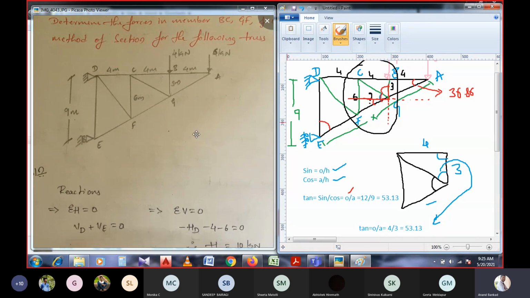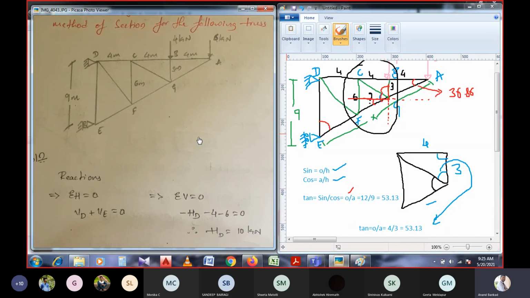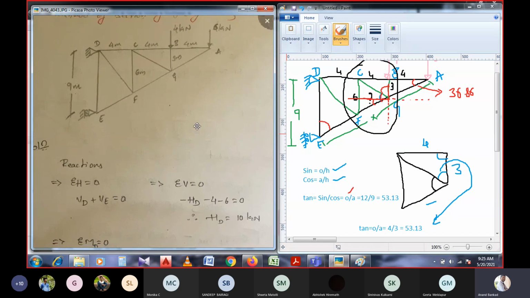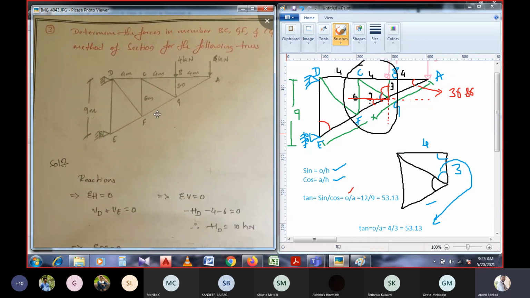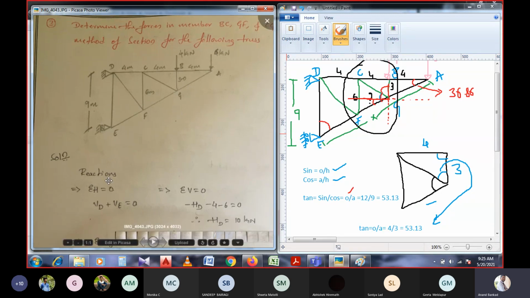Again, in solving the problem, we carry out how the angle is calculated. So whenever the problem is started, to solve the forces in the member, we need reactions. Since the reactions are calculated, the summation of horizontal forces is taken to zero because we don't have any forces moving horizontally or any other inclined forces in the truss. So in this case, the horizontal forces at D as well as E are taken to zero because there are no horizontal forces.